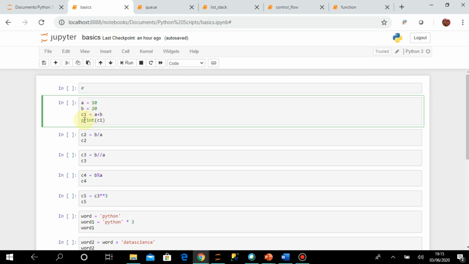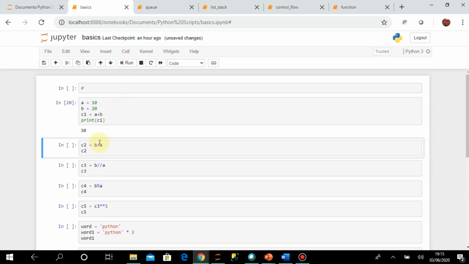And then for the output, to show something as output, I can use the print statement, and in brackets I have written the name of the variable. So this is a block of code. Here you can see that I can write one statement or multiple statements in a block, and I can just run that cell. It's called a cell. You can see that 30 was printed. So c1 equal to a plus b, that is 10 plus 20, which is 30.